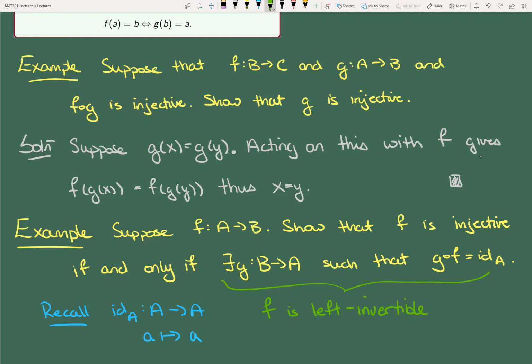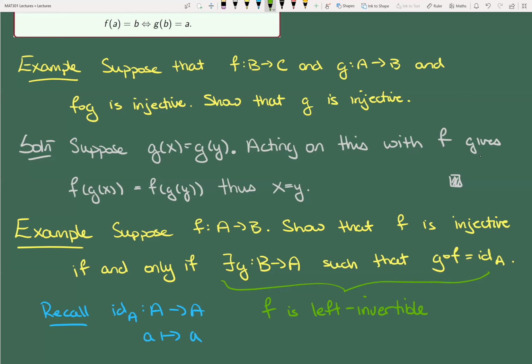Okay, so we're going to start off, I think, again, it's if and only if, right? So I've got to prove both directions. And I think that the converse direction really is the easiest because the converse direction is exactly the example that we just did, only with a stronger restriction, right? So again, if we look at the example here at the top of the screen, it says, if I know that the composition is injective, then that tells me that the inside function is injective. Well, let's look at the converse.